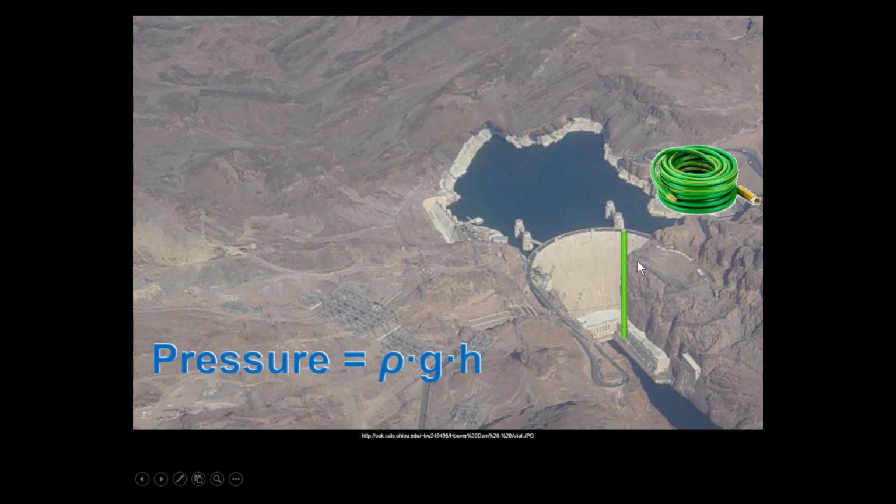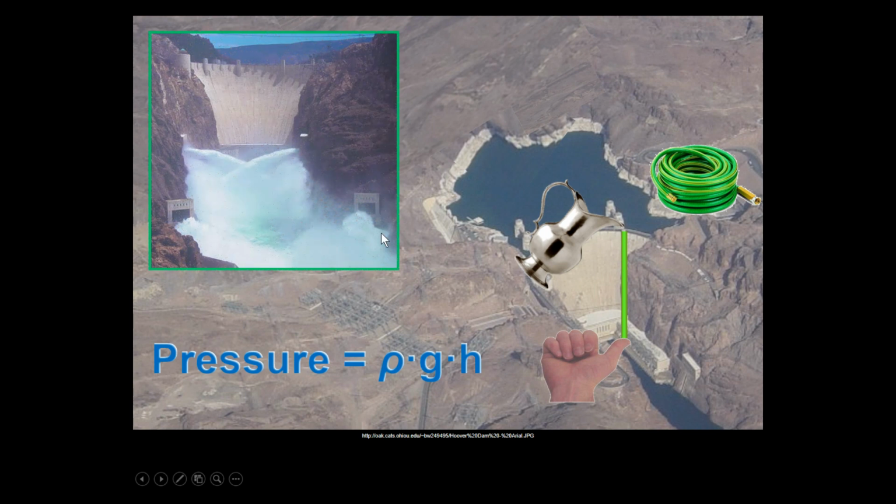So if you were to take a garden hose, remember this is about 700 feet deep. So if you take a 50-foot garden hose, connect 14 of them together, and take your thumb and push on the bottom of that garden hose, and then just take a pitcher of water and pour and fill that garden hose up with water, what's it going to be like trying to hold your thumb against that garden hose? Well, it's going to be pretty similar to try to hold that back there because those are the only variables